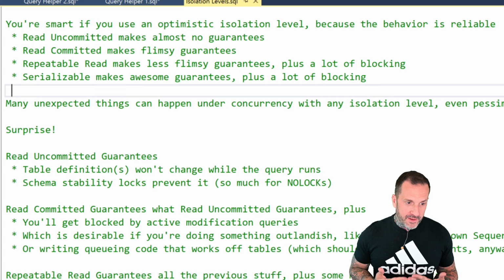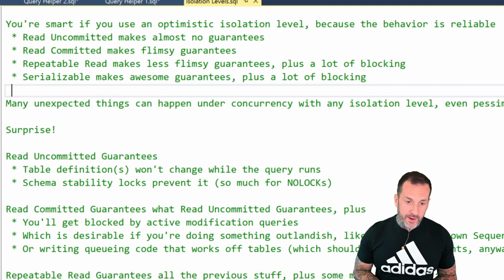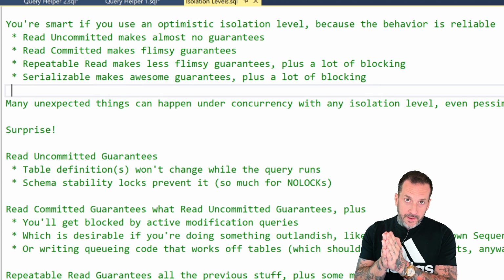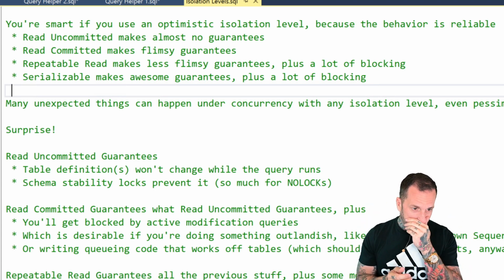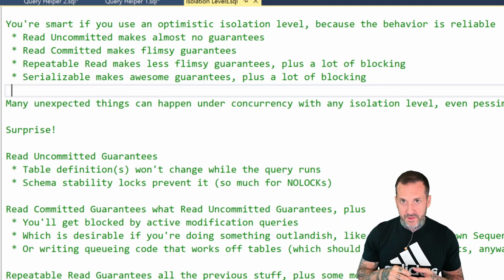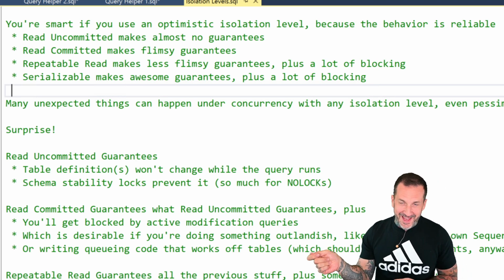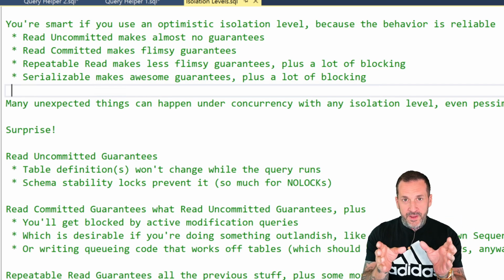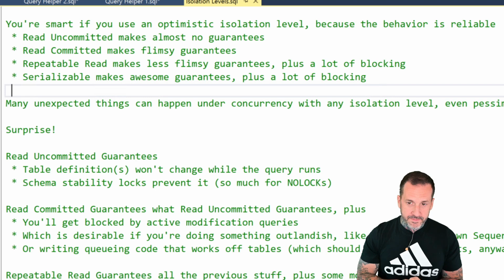Repeatable read does make less flimsy guarantees than read committed. Again, we looked at how that works, where it locks the key values that you've read in a transaction, right? So you begin tran, read some rows, the key values get locked, but you're able to make changes around all those key locks, right? It allows things in between to happen. Serializable, again, patches that hole a little bit by locking not only the key values that you've read, but also the space between them so that you can't insert new rows in.